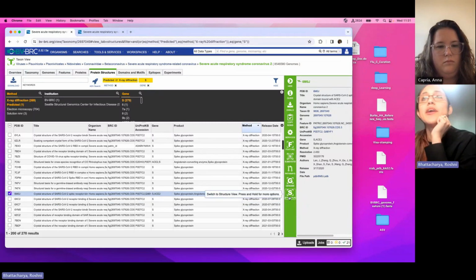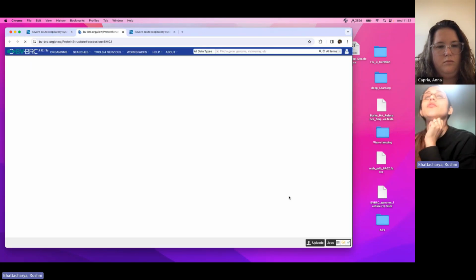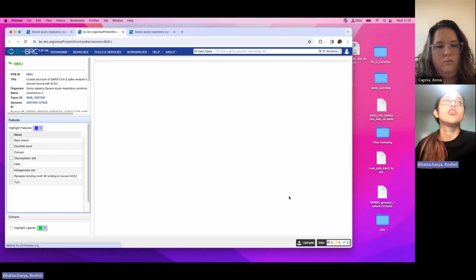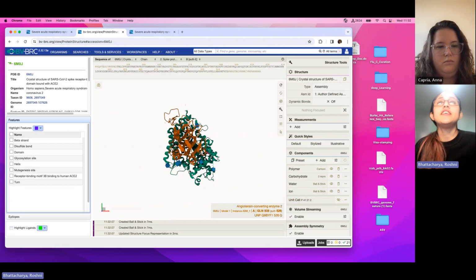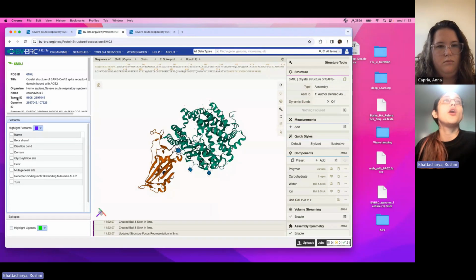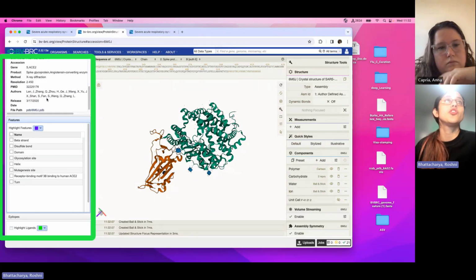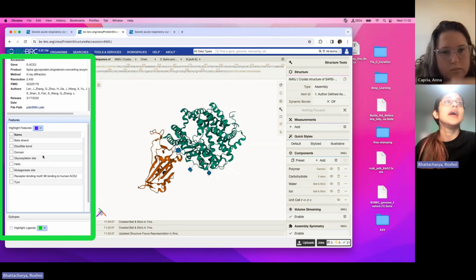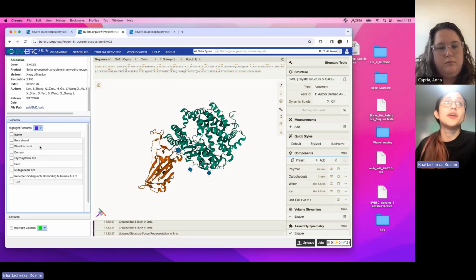So I selected my desired structure, and now we'll open the structure in the MolStar. So you can see this is our structure. Something about the MolStar viewer page here. This is our information panel, you can say. You can see more details about the structure it brought in, and data is available on a particular structure,